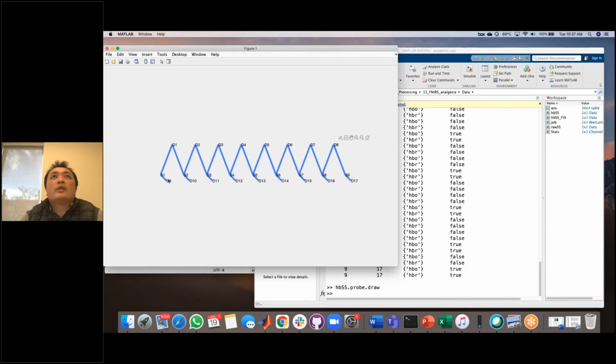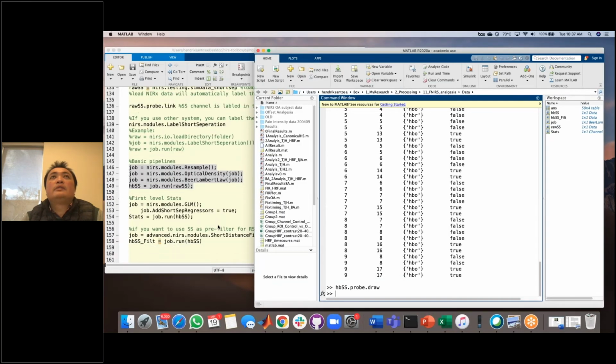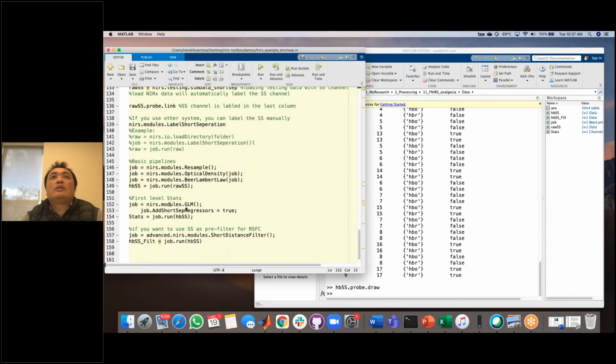Yeah, you can see this one. This is the short distance for the SIM data. And then, this is how to use the short separation in GLM. It's very simple. You can run this one,